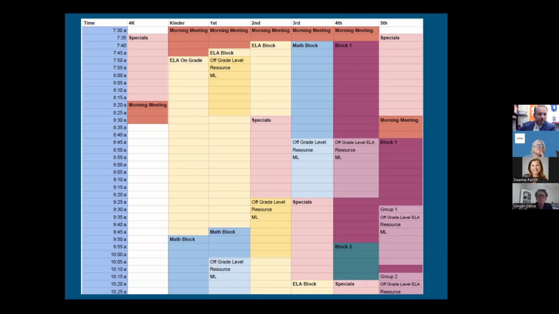And down, if I could go further down, I just screenshotted this. There's some other pieces where we've matched up times where it's two different ELA blocks and we're pulling them during that time. But the goal is if they need math resource, they're going during their math time. If they need ELA, they're going during ELA. And our numbers were really good this year for resource, so we were able to work this out. Hopefully, we'll be able to keep it the same moving forward.